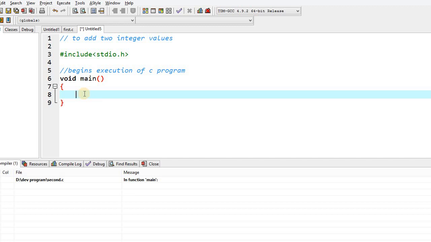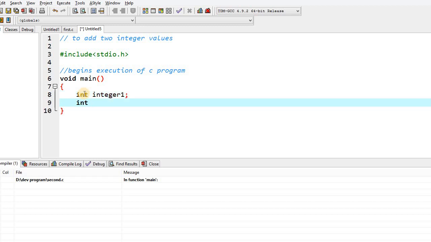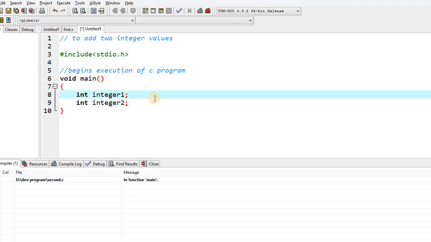So let's declare 2 variables, that is integer1, after that integer2. So we have declared 2 integer type variables, integer1 and integer2. Now why have we declared these?